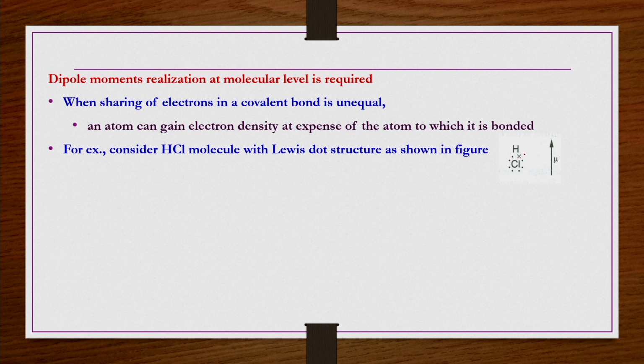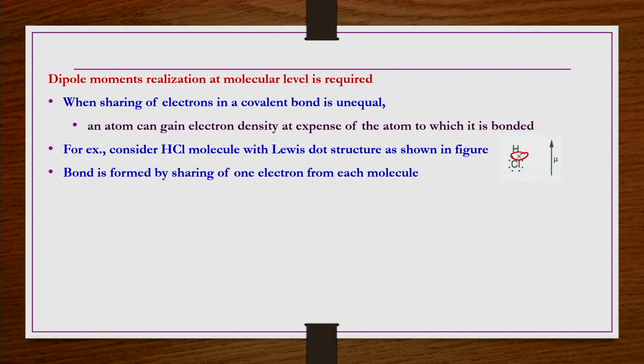So, they share electrons with each other, but Cl is more electronegative. It pulls the electron of hydrogen towards it more strongly than hydrogen pulls the electron of chlorine towards it. Okay. So, there is an imbalance; though they are sharing, they are being shared unequally. Because of this unequal sharing, a kind of charge will be developed, and because of that, an electric field will be developed.